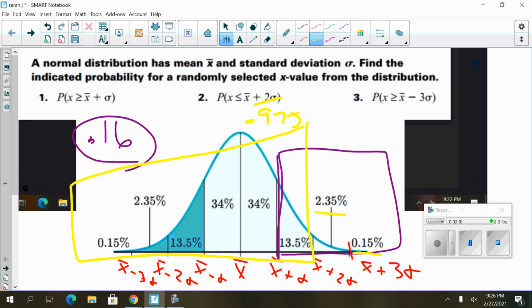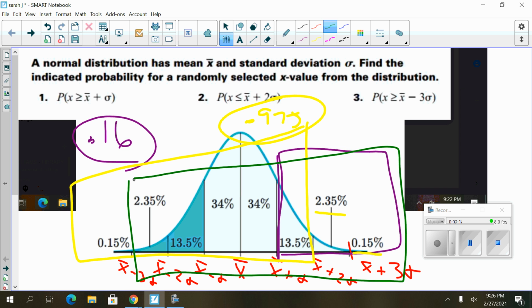0.975. And then finally, I'll use green. The probability of X being greater than or equal to X bar minus 3 sigma. So here's X bar minus 3 sigma right here, with the probability of being above. It's almost the whole chart. So I would just do 100% minus this number, and that'll be how much of the chart is in the green box. So 99.85% of the chart,